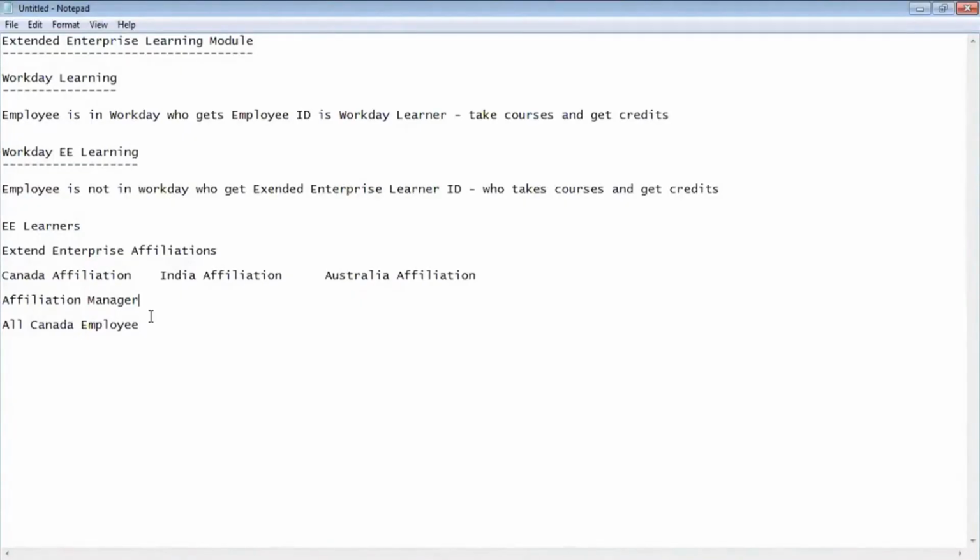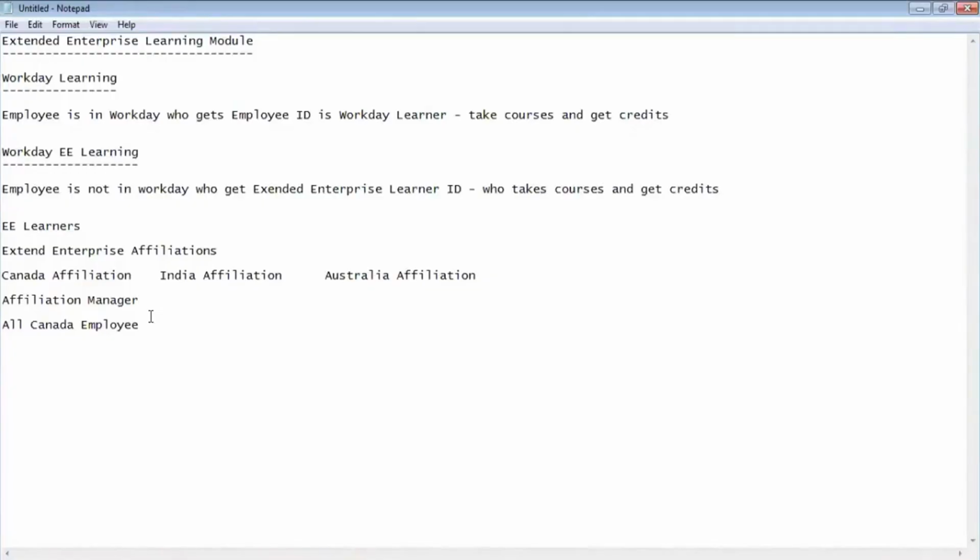It's not a huge one. You can have someone from Workday take care of this instead of the implementation part, or they can have a specific Workday consultant do this. That's about the extended enterprise learning module.